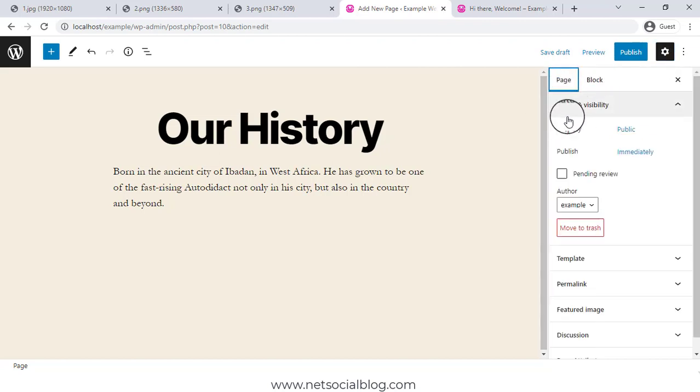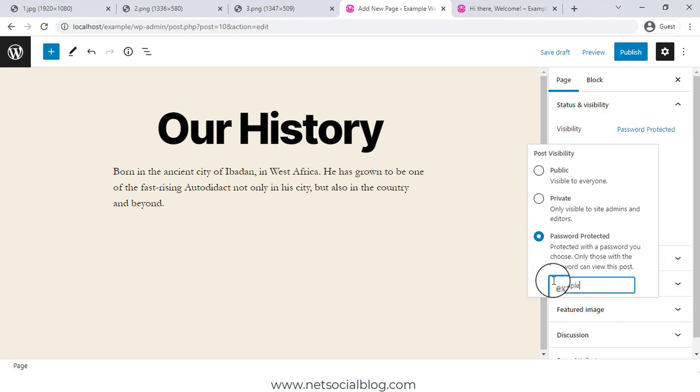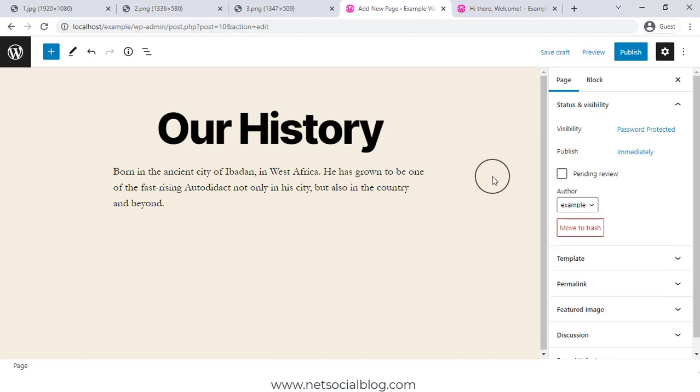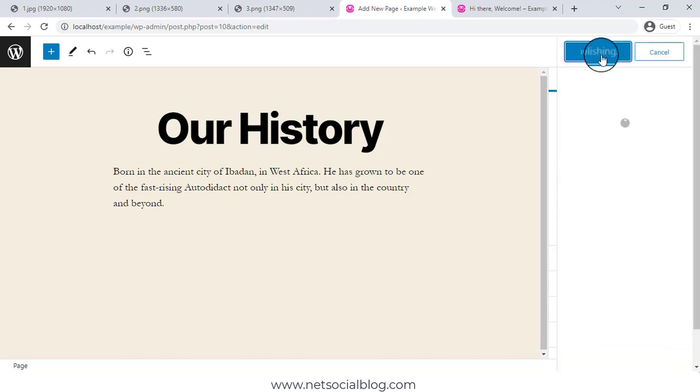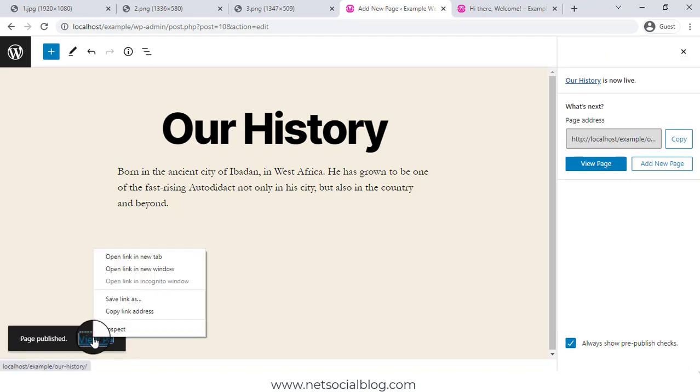When you click on page, you move to the visibility section, click on public, and then click on password protected. Then enter the password I want to use, example 1234. So let's say that's the password I want to use. Click outside the box and ensure that it's showing password protected here, and then click on publish. When you click on publish and click on view the page,